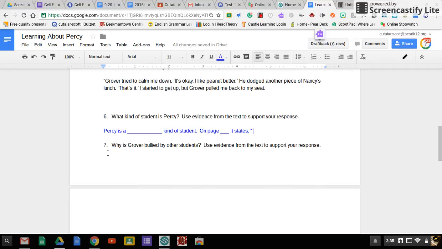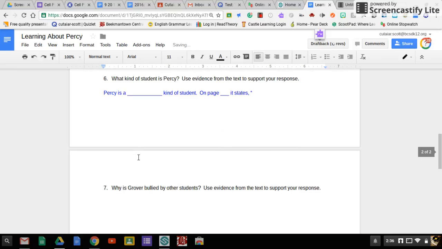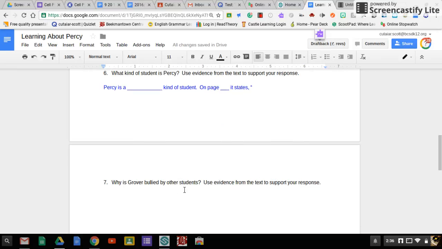And then it looks like I need to move question 7 down to the next page. It says, why is Grover bullied by other students? Use evidence from the text to support your response. I'll help you out again here. Let's start out in blue. I think I chose the wrong blue. I like the darker blue in this instance. Okay, you would start with an echo. Grover is bullied by other students because,